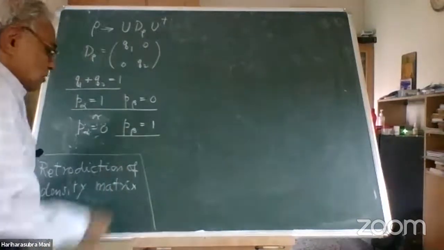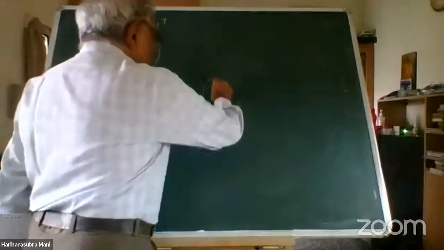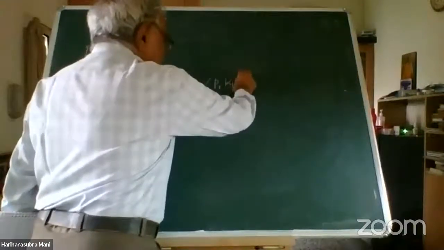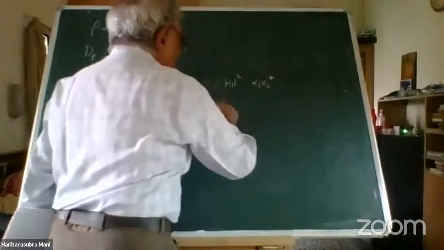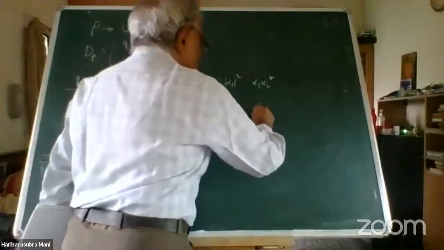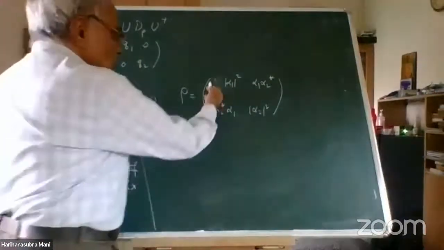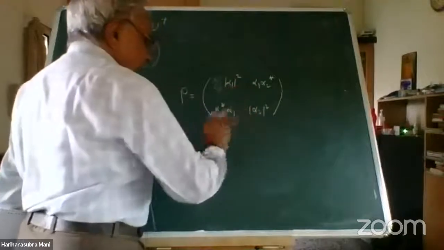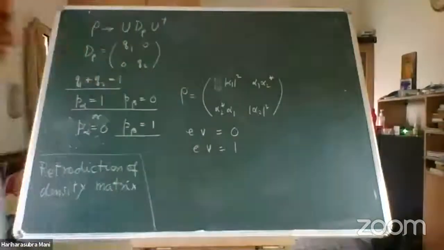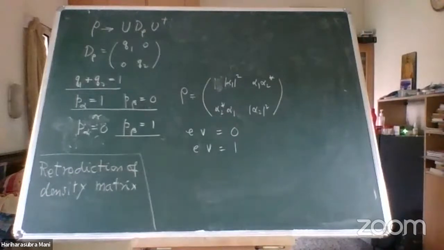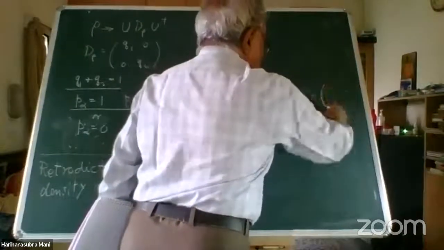So in the first case, my rho would be P1 alpha 1 squared, and P1 can be just 1, alpha 1, alpha 2 star, alpha 2 star, alpha 1, alpha 2 squared. And remember, alpha 1 squared plus alpha 2 squared is 1. And this you can check has determinant 0. So one of the eigenvalues is 0 and the other eigenvalue is 1. So the diagonal form is 1, 0. And rho would be this. And rho diagonal would be